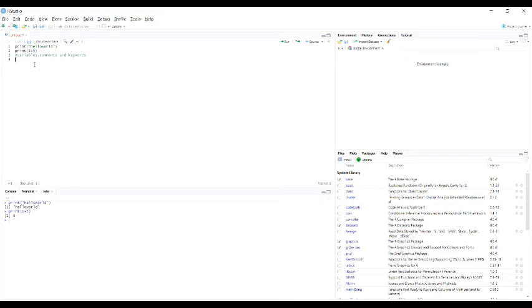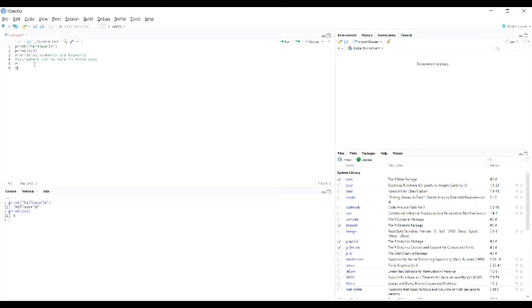Here the assignment can be done in 3 ways. What are the 3 ways? First one is simple assignment, for that we use equal to.